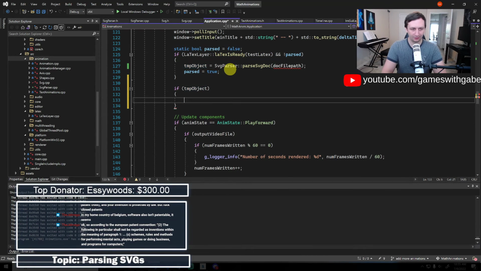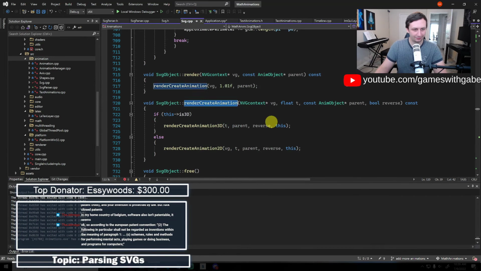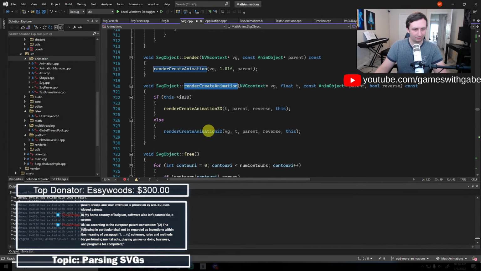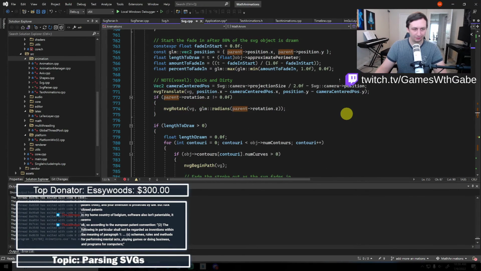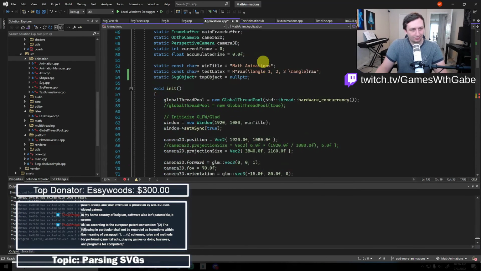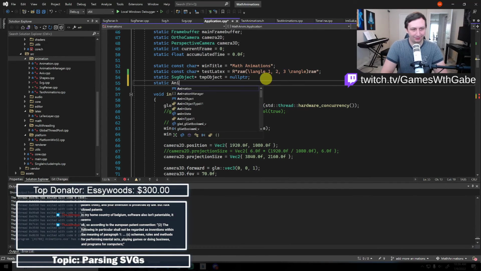And actually, we'll do this. We'll say temp object render create animation, and we'll give it the parent. Is the parent important in this case? Let's just check. So if we do this in 2D, do I actually use parent? I do. Oh, that's kind of important then. Okay, so we will have a static anim object